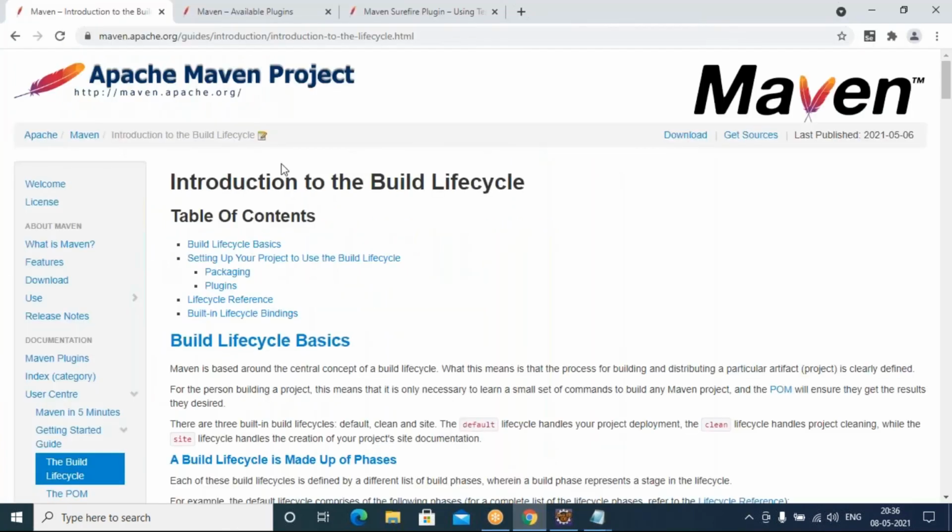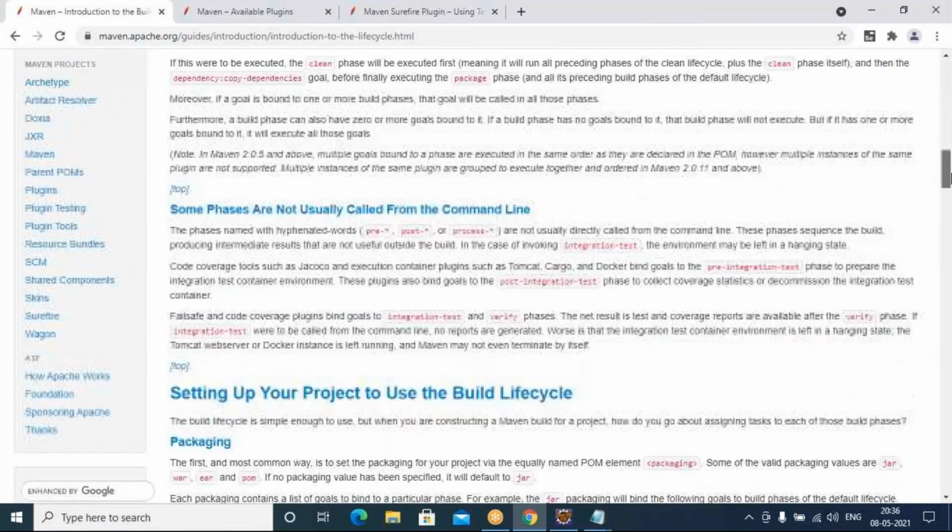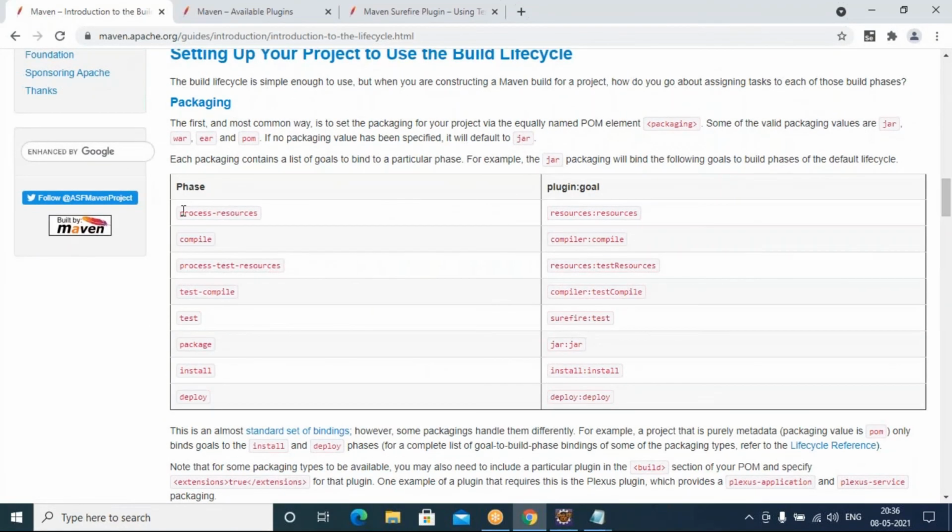So we have several goals associated with these phases. If you go to the official website of Maven, you can see here the phase is defined and the associated goal is defined. Compile will have the compiler compile goal. Test compile has the compiler test compile goal. Test has the surefire test goal. Package will have your jar goal.